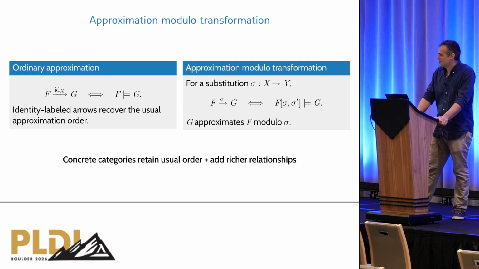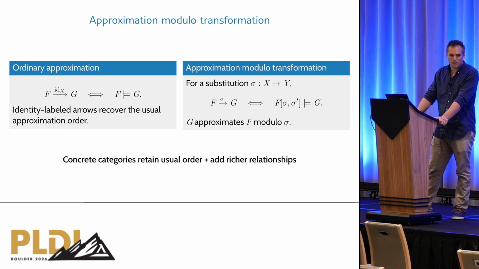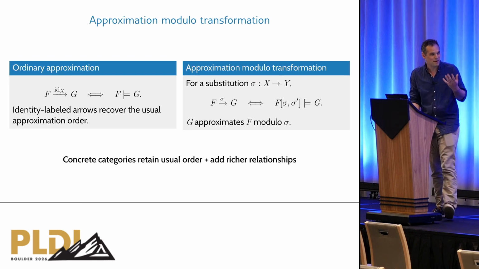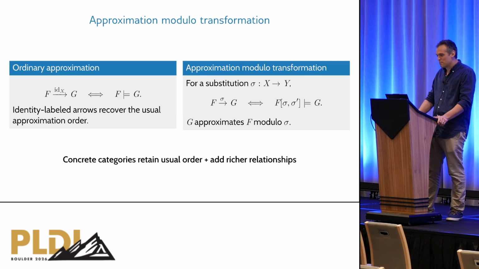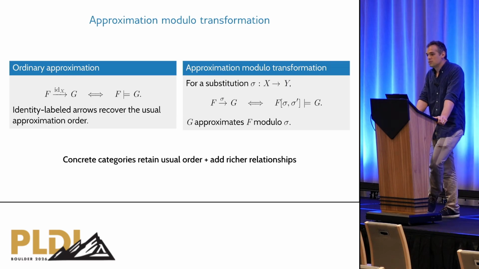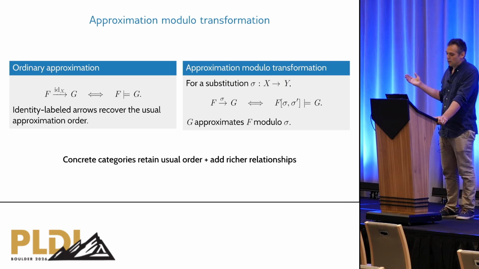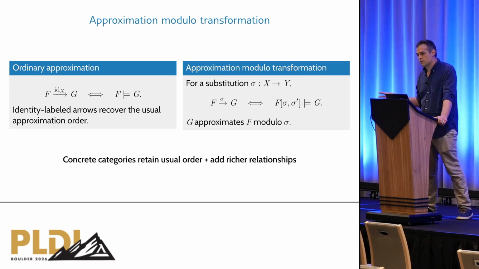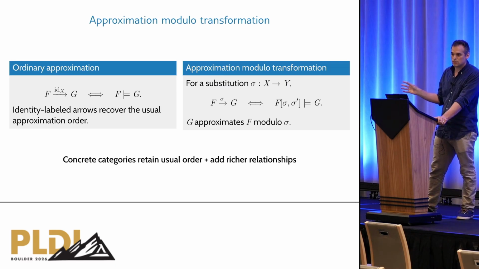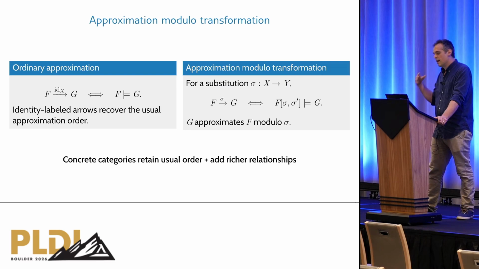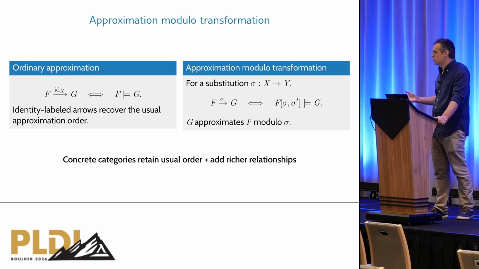We already have a nice abstract mathematical language for talking about program analysis. It's order theory. It's the theory of abstract interpretation. So let's compare with that. So we don't lose the ordinary order theoretic vocabulary of abstract interpretation when we move to concrete categories. Every concrete category can be equipped with an order relation, which is defined by the set of arrows that project onto identity functions. So this always defines an order, and it allows us to recover the usual approximation order that we expect in abstract interpretation.